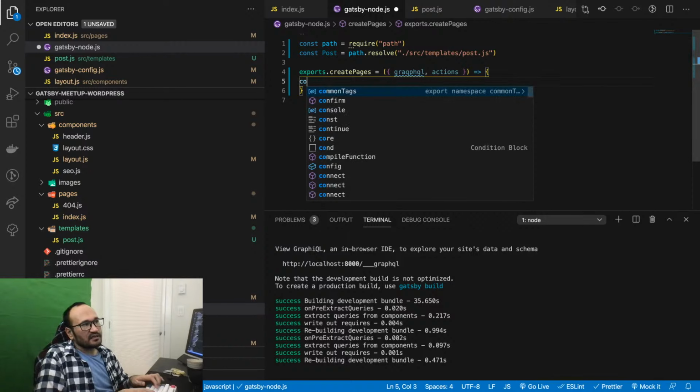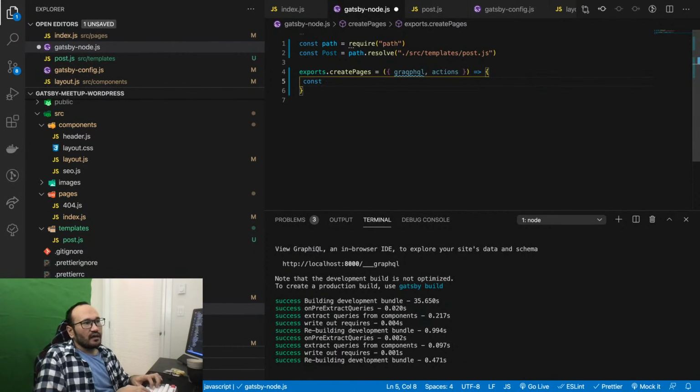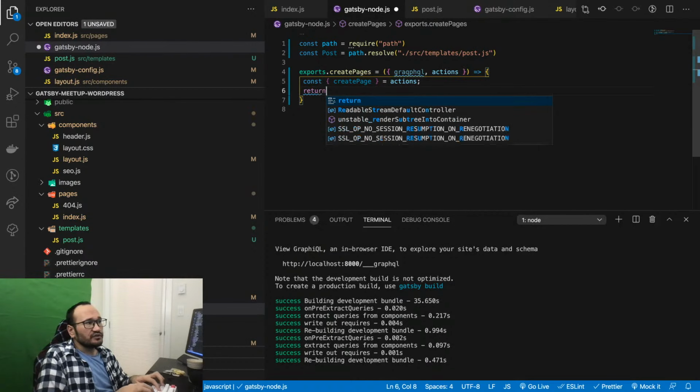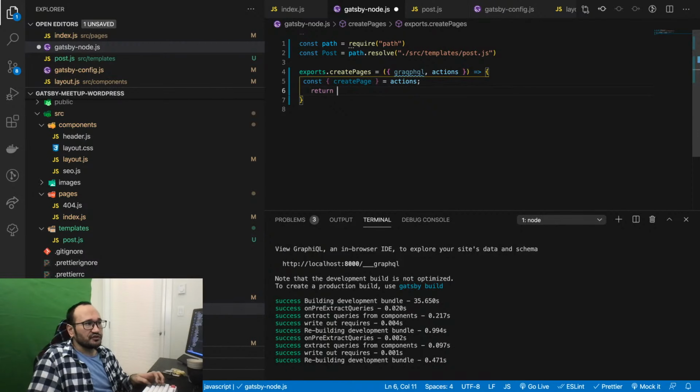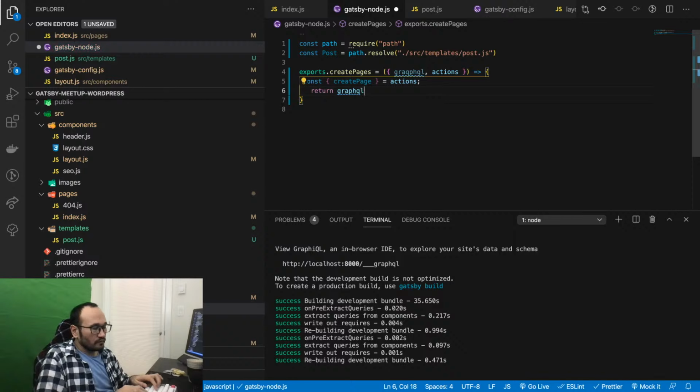These actions have different methods, but the one we want to use is createPage, so we destructure createPage from actions. So now we want to return something. This function returns graphql.